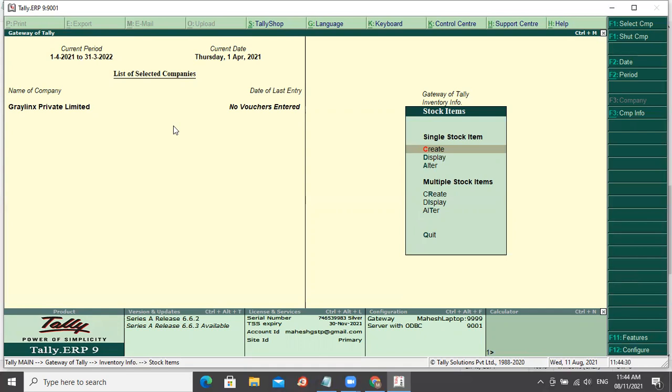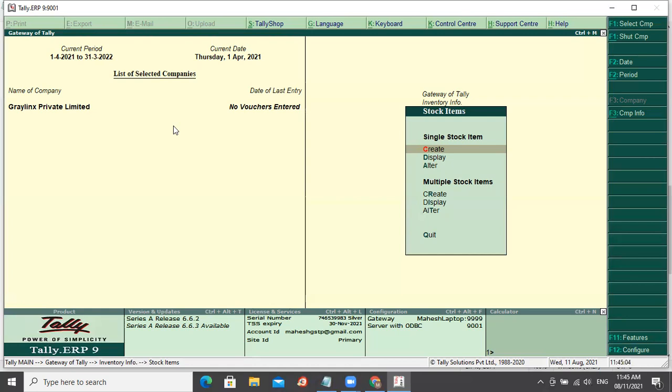If you need that, then you need to create a separate stock item. If you don't need that, but you need only classification as colors, then you can have the category and categorize. No, but if I want to bill to a customer, I'm doing sales, I want it to display that I'm billing white or black. Then you need to have a separate item. So for example, you need to say cricket bat red, cricket bat green, cricket bat black, as three separate items you need to create. Okay, got it.